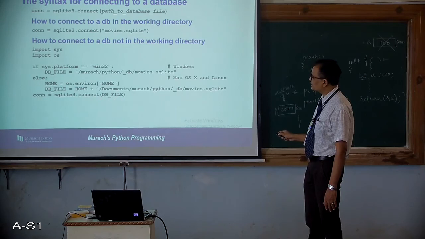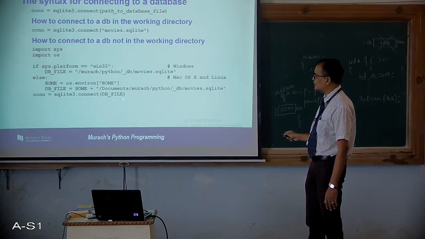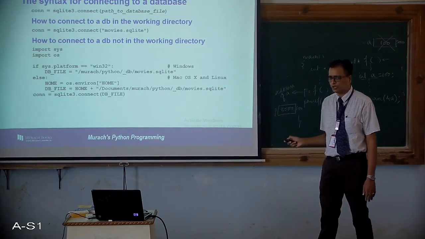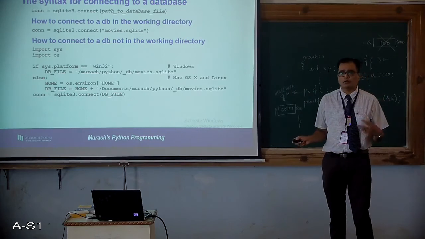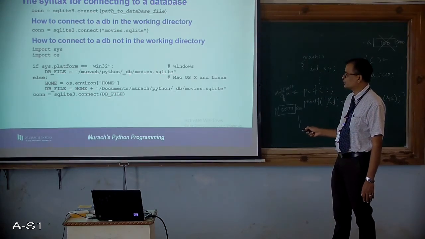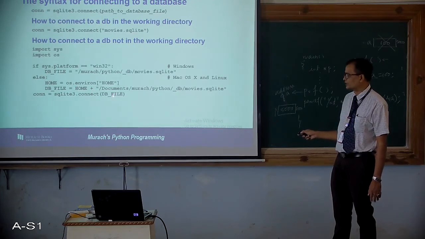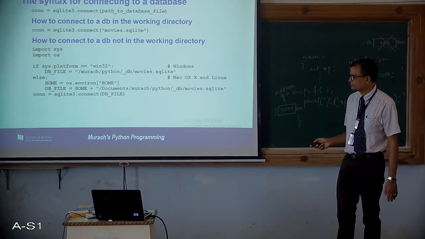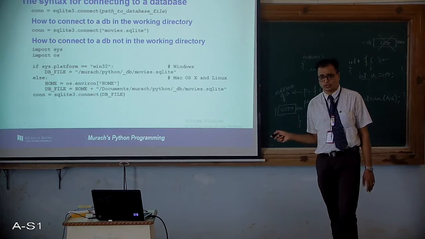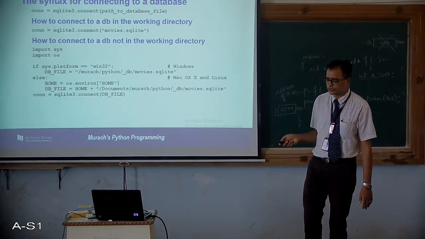This statement and this statement are actually the same. The only difference is here you are directly specifying the name of the file, but here you are specifying what? The name of the file that you have created. Either it is created using a complete path or it is created using the actual path plus the home directory path, and that is being used for connection. This you should understand, and this is most important. If you are not able to connect to the database file itself, then the further operations cannot be done.